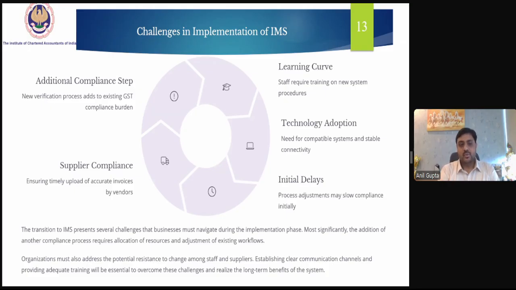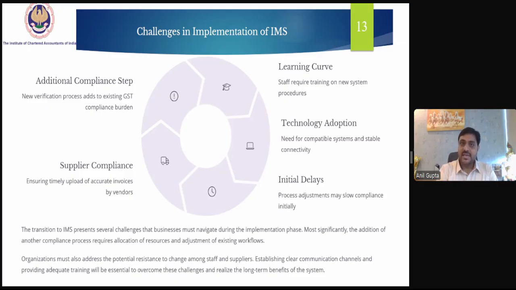The transition to IMS presents several challenges that businesses must navigate during the implementation phase. Most significantly, the addition of another compliance process requires allocation of resources and manpower and adjusting to the existing workflow. Organizations must also address the potential resistance to change among staff and suppliers.